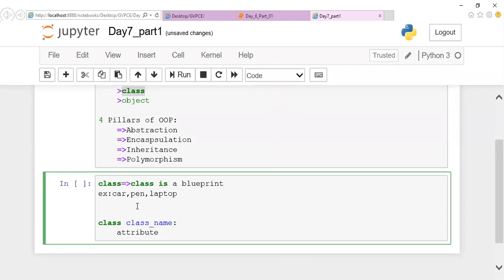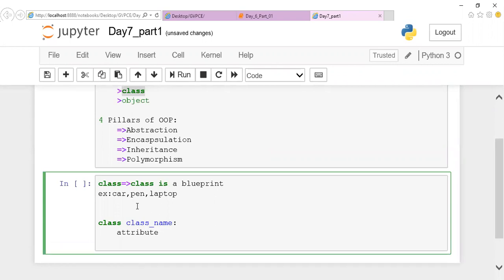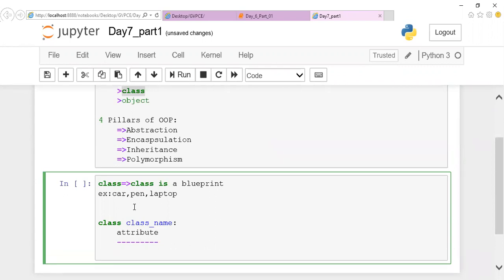I'll be having attributes here. In attributes, in the sense, we'll be naming as variables, right? So far we told as variables. These variables are known as attributes. And apart from this, we'll have methods. Methods, in the sense, we have seen about functions. These functions are called methods. These elements, attributes and methods, are called class members of a class.